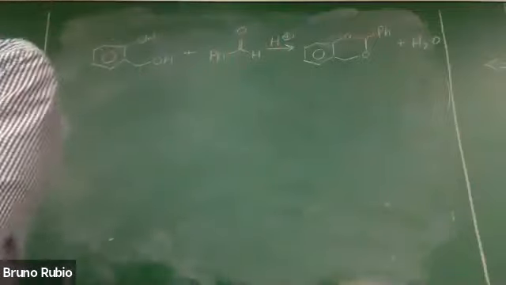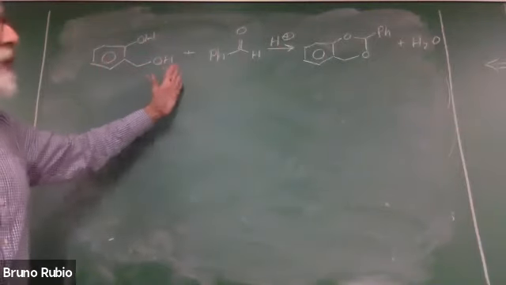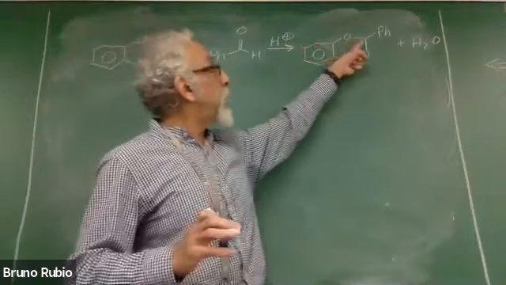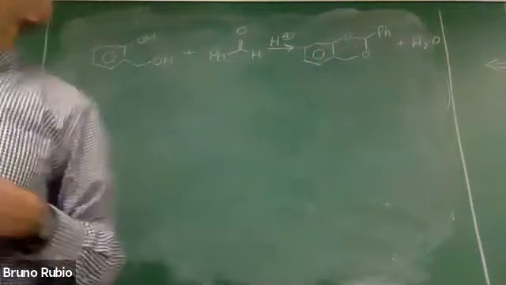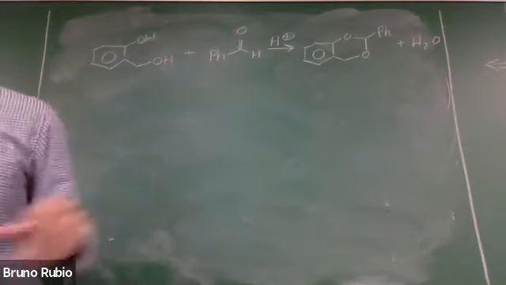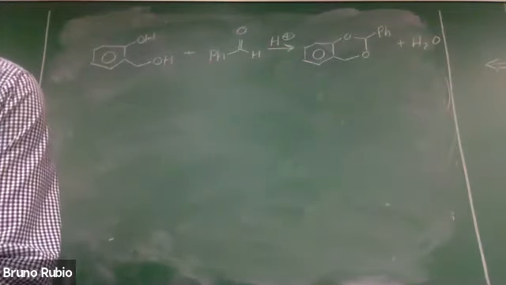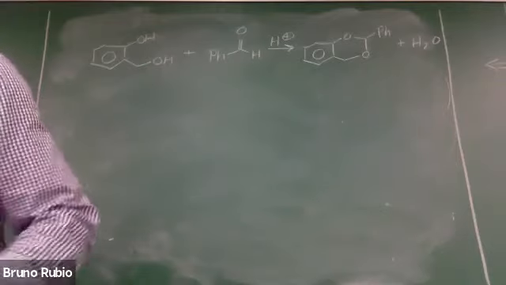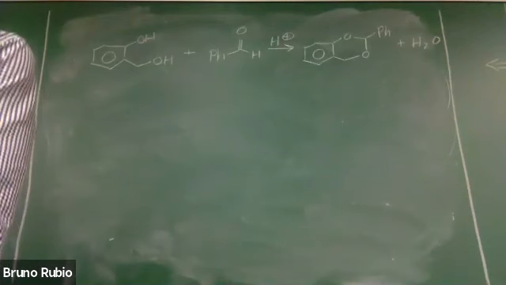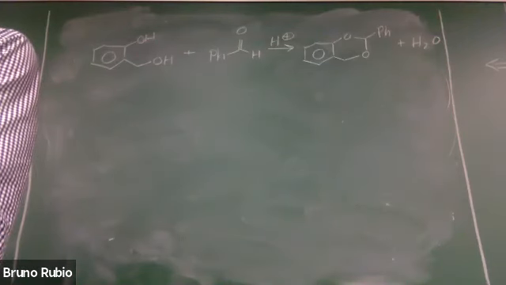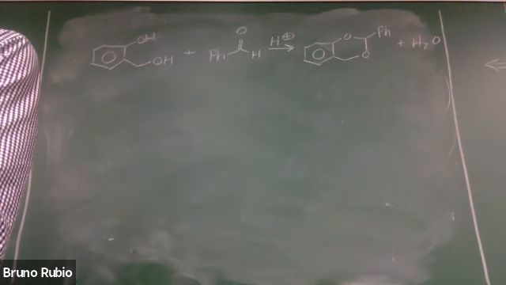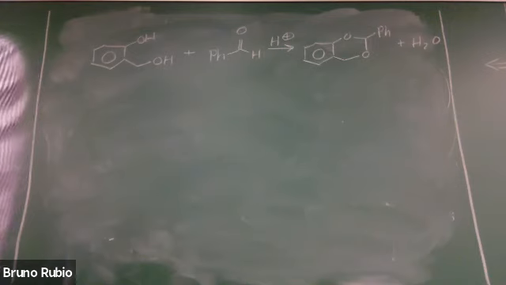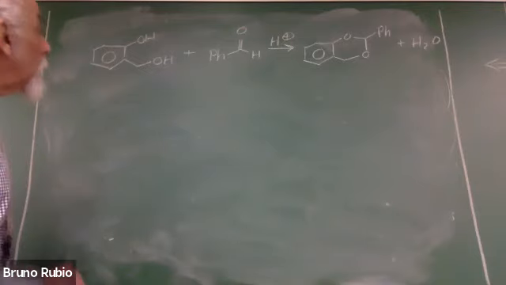Okay, so let's write out a mechanism for this reaction. So what reaction are we talking about here? Look at this product. It's an acetal. It has a carbon atom, sp3 hybridized, bonded to two oxygens, neither of which is an OH oxygen. So that's the acetal, and let's write out the mechanism. Okay, so